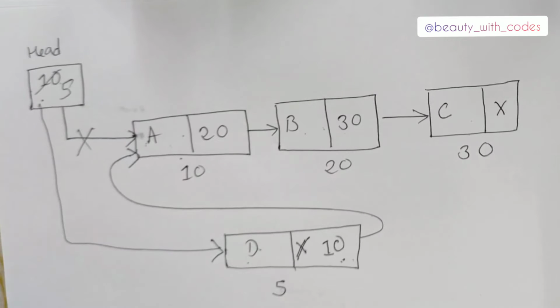So we got our desired linked list, isn't it? So this is the only method in which we can insert a new node at the beginning. If you know another method, please feel free to let me know in the comment section. So I hope everything is clear. If not, then go and watch it again. And if everything is clear, move to insertion at end. So now you have to insert the new node at the end of an already existing linked list. So let's get started with insertion at the end.